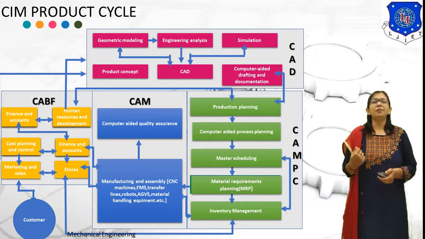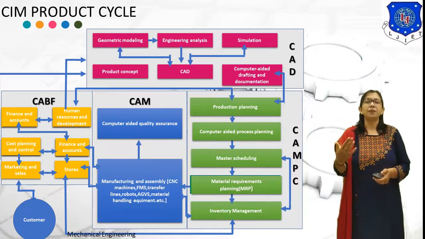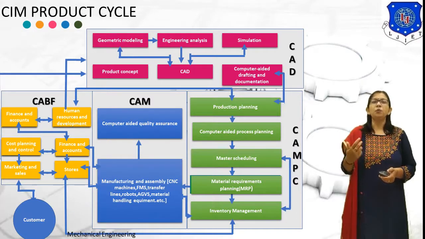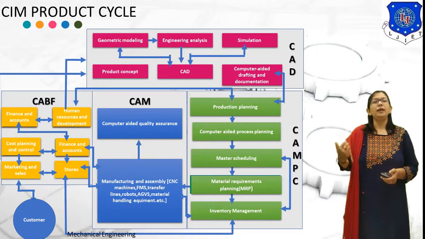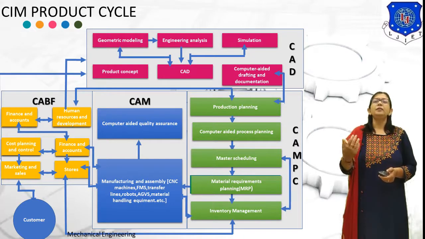Now, what is material requirement planning? Material requirement planning is also known as MRP1. It is a computer-based production planning and inventory control system. MRP is concerned with both production scheduling and inventory control. It is a material control system that attempts to keep adequate inventory levels to assure that required materials are available when needed.